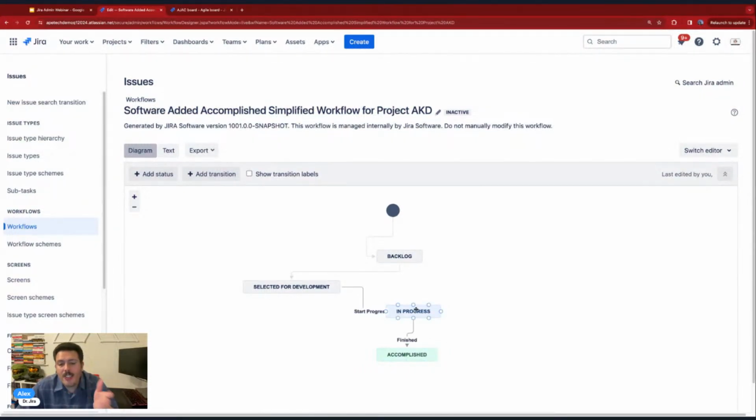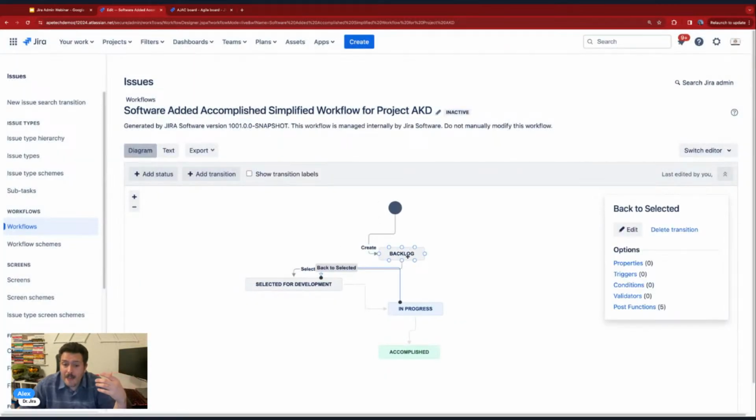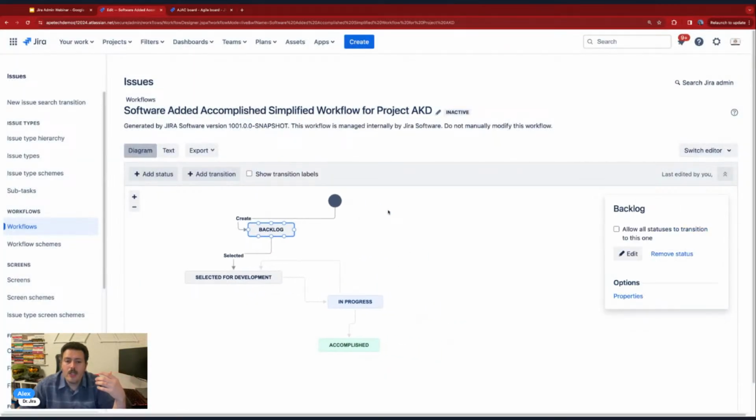If you're in progress and let's just say something happens and you want to go back, you cannot. If there is no explicit transition, or a line going from one box to the other in the direction you want to go in, you will not be able to do that. So we have to add these lines back to say back to selected. And as you can see, the more statuses you have, the more lines you're going to be making, which is how we end up with this